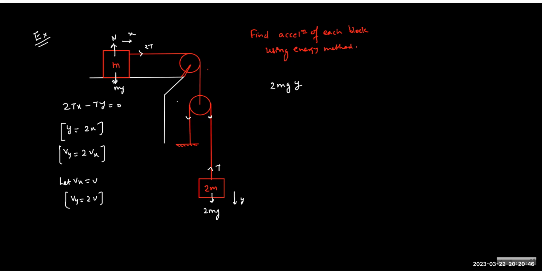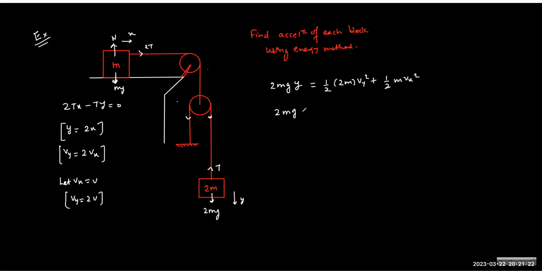So the first step is to draw the FBD, and you have to spend time realizing this part. You have to really work hard. Think for the entire day about why it is happening. And when you realize it, it's easy, a piece of cake. So the work done by gravity is 2mgy, and that is the only work. There is no other work at all. That's so easy, imagine. And then the energy: half 2m Vy square and half m. I'm done. So 2mgy